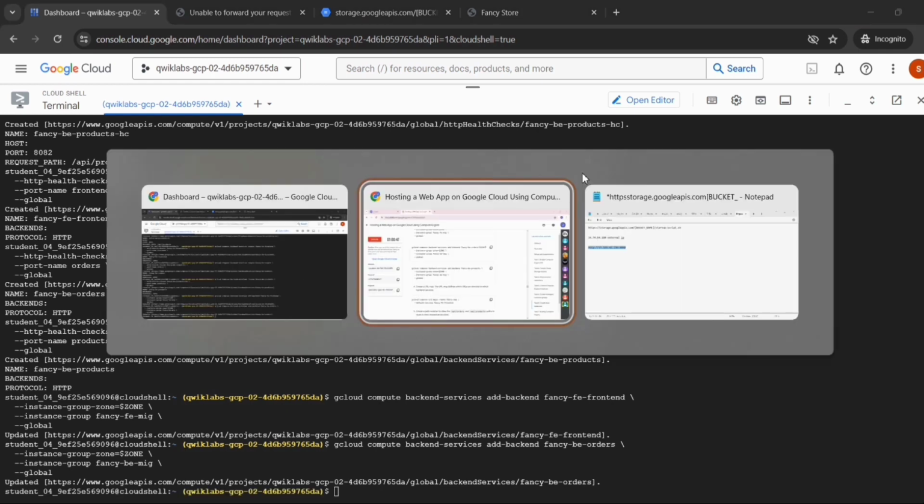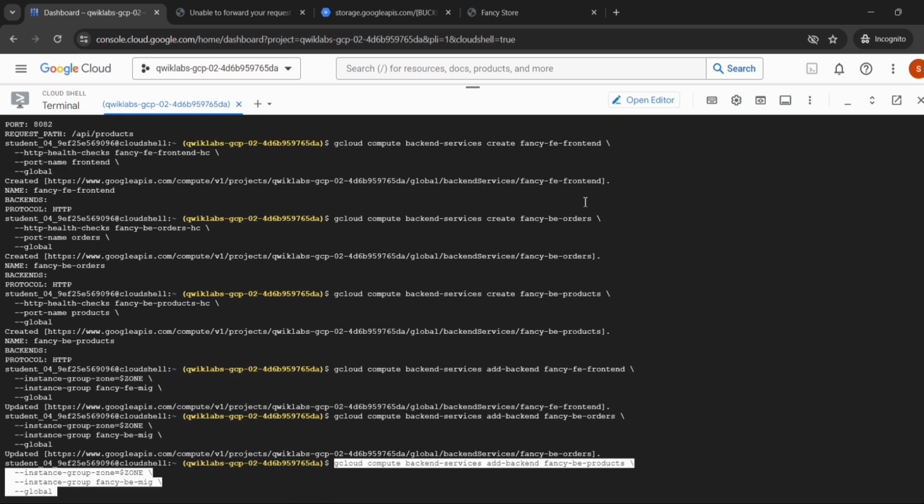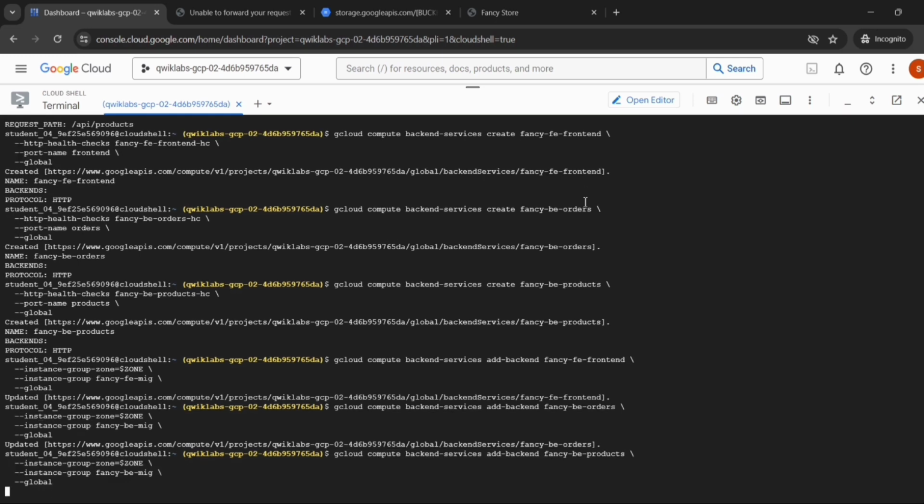Now go back to the lab instruction. Copy this command, go to the Cloud Shell, paste it, then press enter.